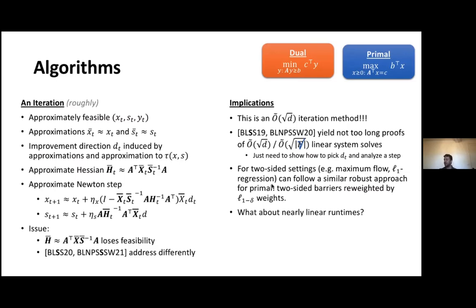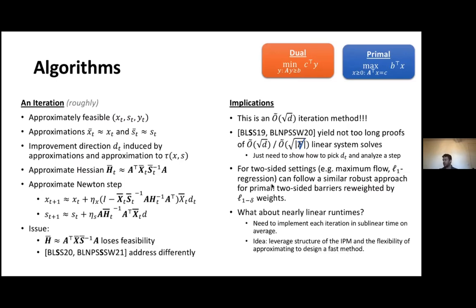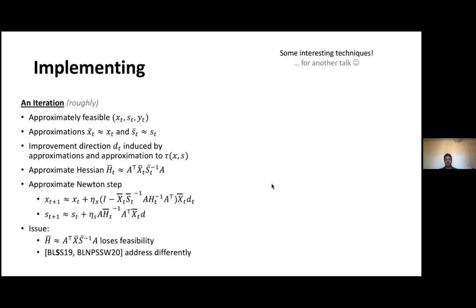I just want to say a little bit, just a minute or two, about how you actually implement these methods. So how do you actually implement these to get fast methods? You might also be asking, if you've tried to look at some of these recent papers I've been describing that get near linear time algorithms, why are they all at least 100 pages? Hopefully this has conveyed the sense that the actual analysis of the interior point methods is not that long or that complicated, and neither are any of the individual pieces. It's just that to turn everything I just said into an actual algorithm that can run in near linear time,